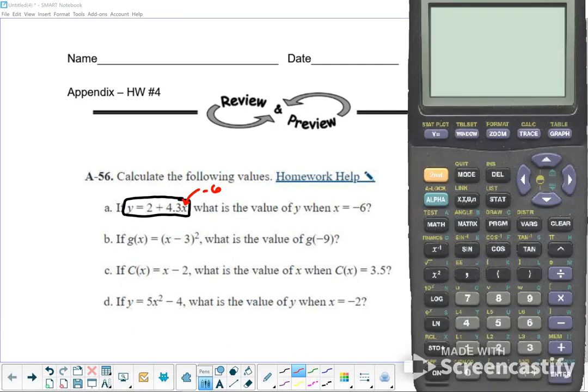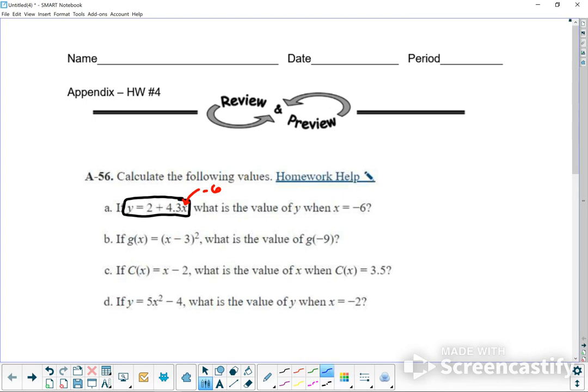So, okay, I'm going to go ahead and do it. If you use a calculator, like one of the ones that I have available for you, you just type it directly like it is. So 2 plus 4.3 and then times, or you can do parentheses, -6. Okay, so either you do it on a calculator or you're going to have to do it by hand. Right, and we are well beyond that. So that's it. -23.8. So we will say this one, y equals